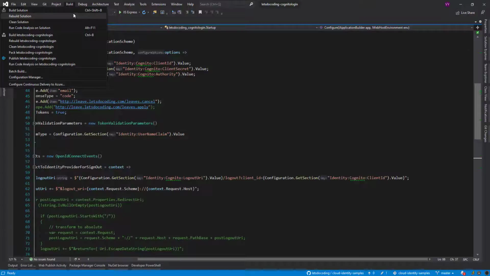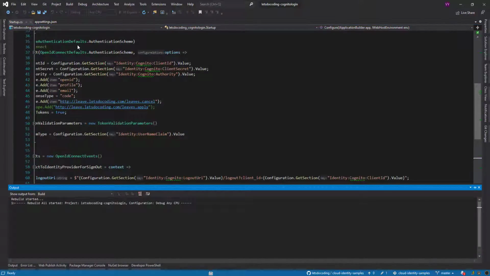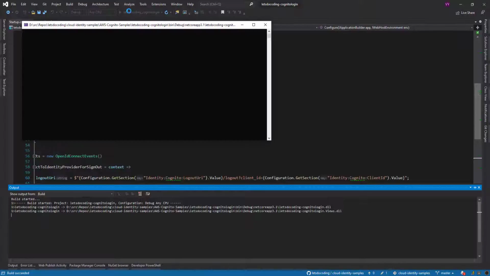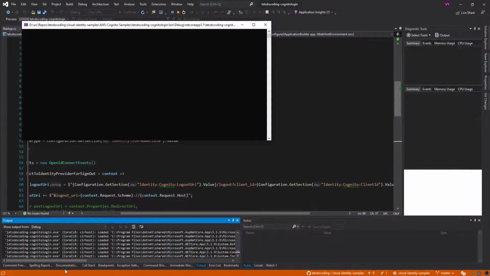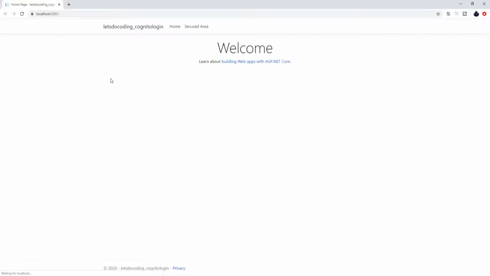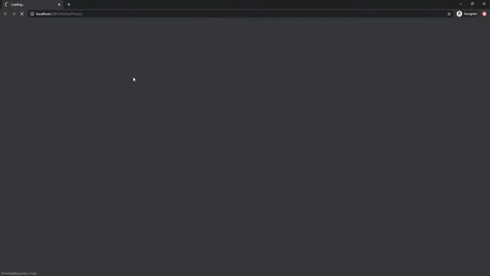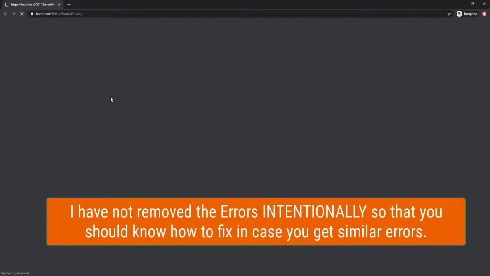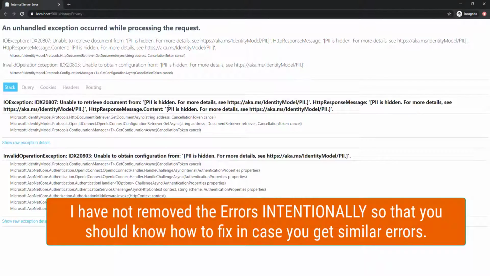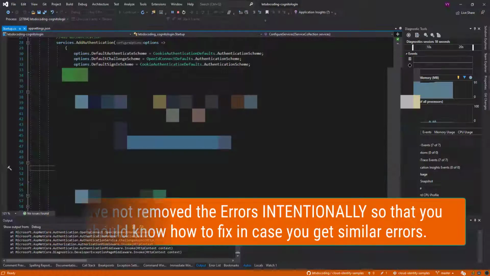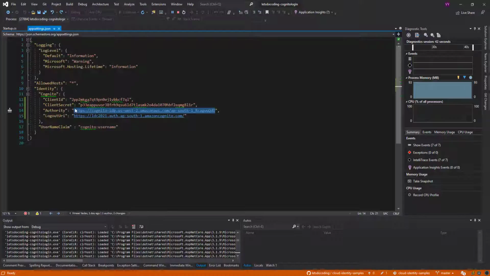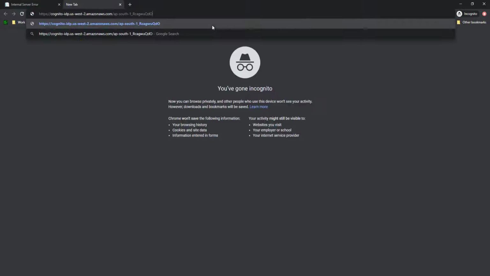Yes. So let's just try to quickly run and see how the application actually runs. If there are any configuration errors or problem, let's see that first. All right, so we have the application started. Let's just quickly move into Cognito, and I should see a sign-in page from AWS Cognito, which is not coming for some reason. So if you're getting error accessing document, the best way is we can open this URL, and